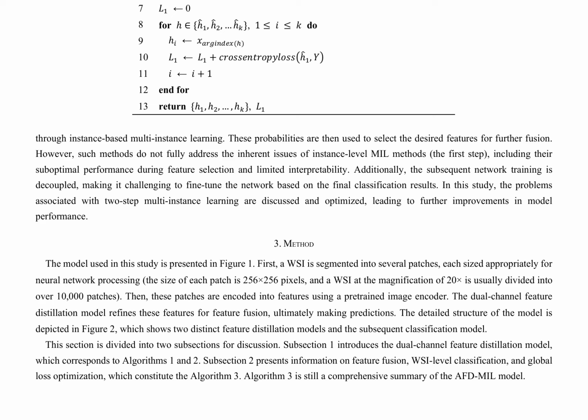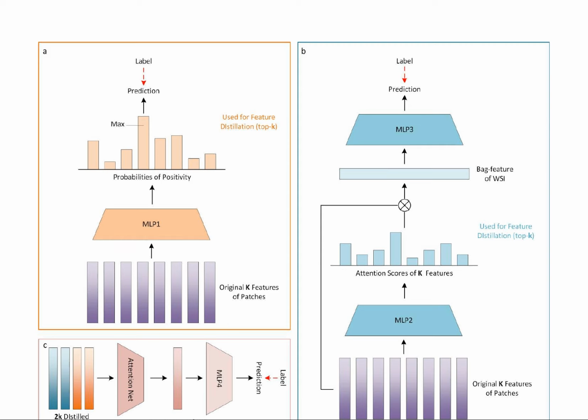In contrast, the attention-based feature distillation, presented in Figure 2b, focuses on identifying the most relevant patches within a WSI. By applying an attention mechanism, the model can weigh the importance of each patch's features, enhancing the accuracy of WSI-level classifications. The feature fusion and WSI-level classification process, detailed in Figure 2c and Algorithm 3, involves combining the refined features